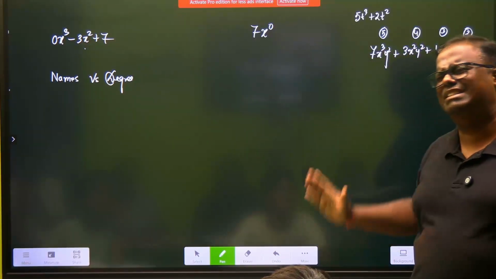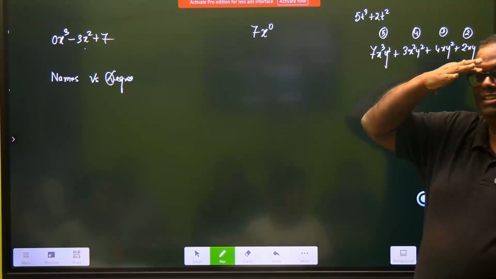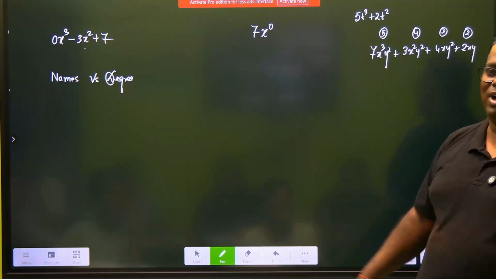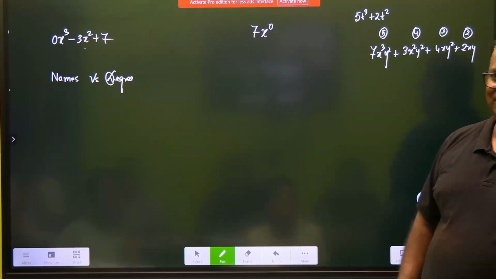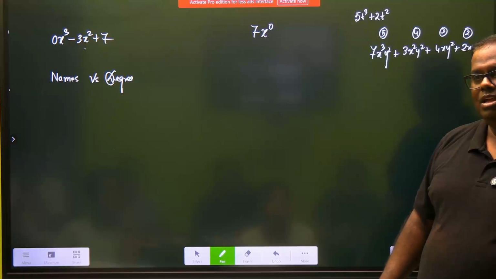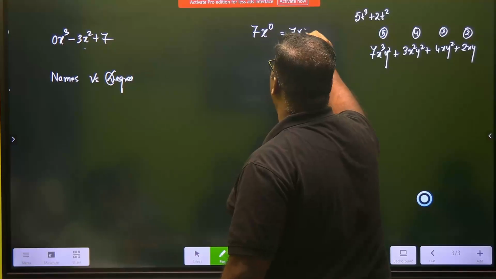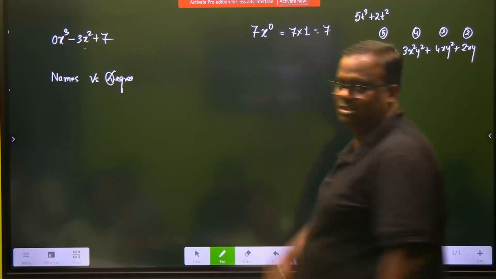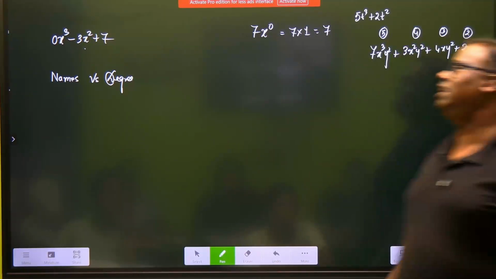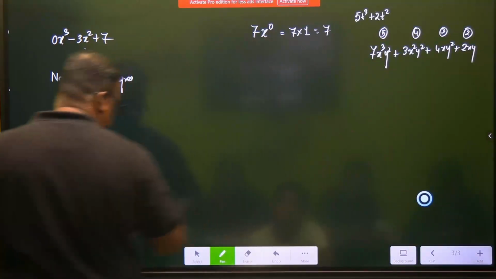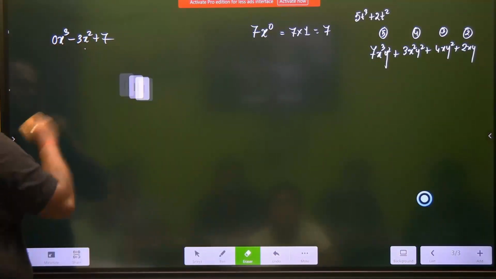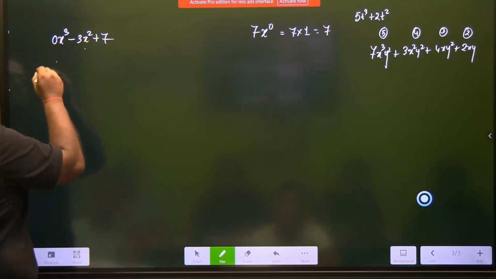0 is the degree. How can the degree be 1? The degree is 0. Got it? Such a term is called a constant because this is as simple as 7 multiplied by 1, which is 7. Understood? So let's take our names, right? So instead of writing this as name versus degree, let us say degree